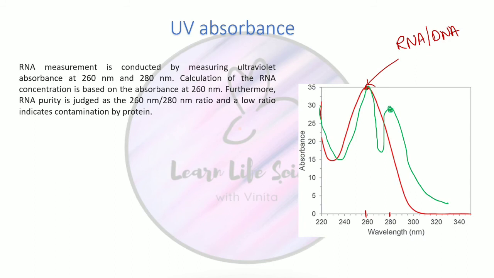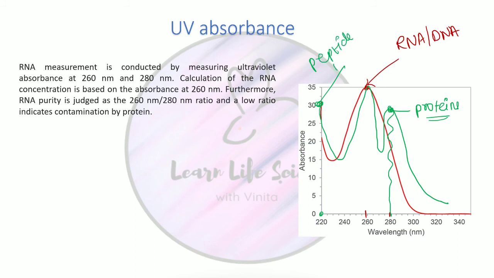One peak at this point and one highest peak at this point. The peak at 280 nm indicates the presence of proteins, and mostly the aromatic amino acids. The second peak which you are observing at 220 nm is due to the absorbance by peptide bonds